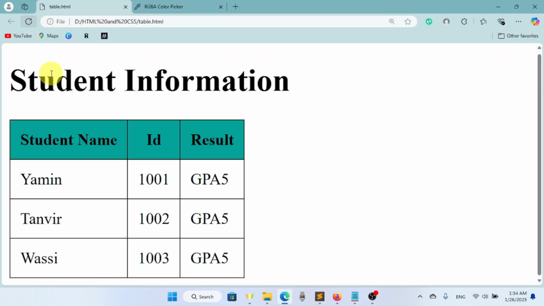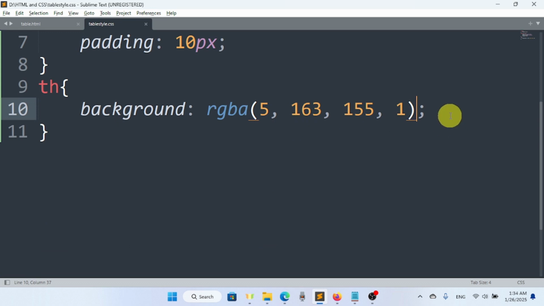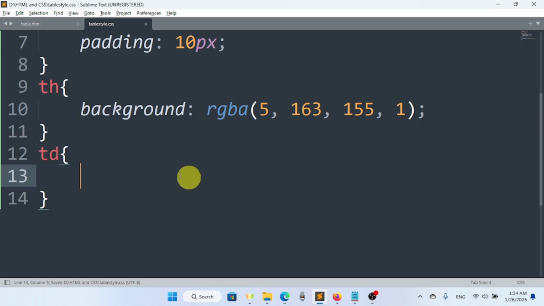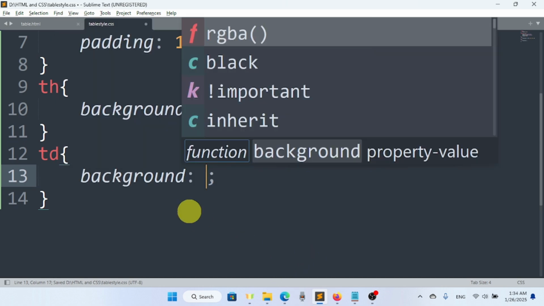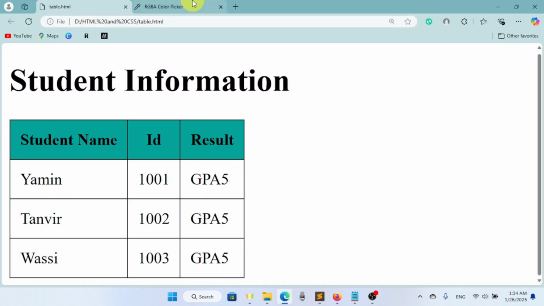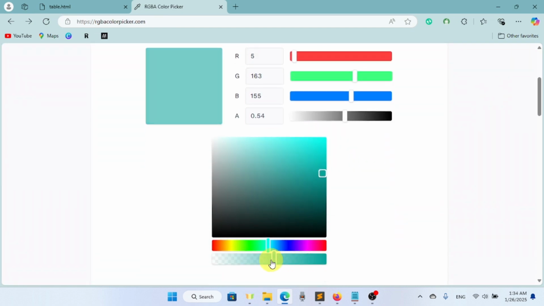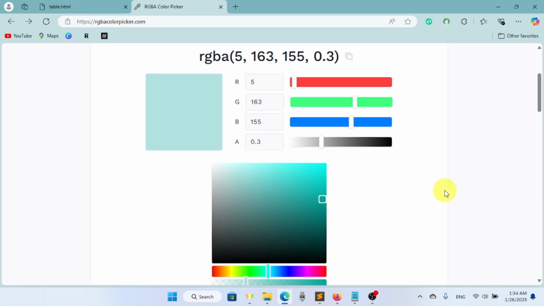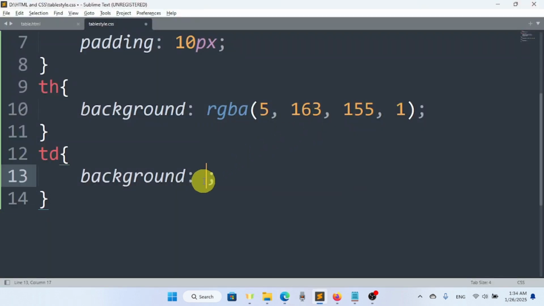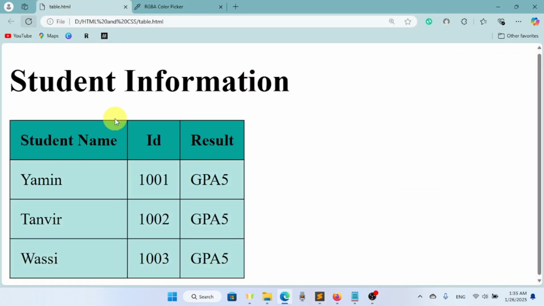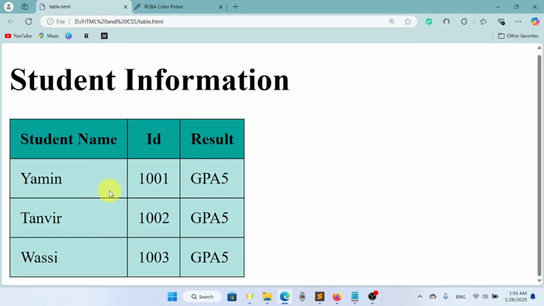Now refresh here, and here you can see we have changed our table header column color. And now let's do for TD. So I will say here TD, and I want to change the color. So I will say here background, go to the browser, and here let's say we want to add this color. So I will say here RGBA. Okay. Now if I go to the browser and refresh it, we can see we have changed our body